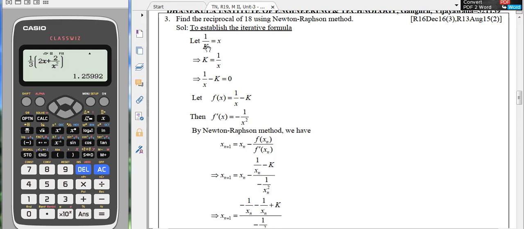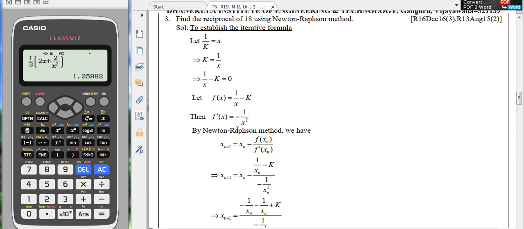The reason for considering the reciprocals here is that if you keep the equation in the same form, f of x will be x minus 1 by k, and hence f dash x will not involve x terms. To get f dash x involving x terms, let us consider the equation in the form k is equal to 1 by x by considering reciprocals on both the sides, so that the equation will be 1 by x minus k equal to 0, and it takes the form f of x equal to 0, so that f of x is equal to 1 by x minus k and f dash x is minus 1 by x square. The derivative of the first term is minus 1 by x square, and the derivative of the next term is 0.